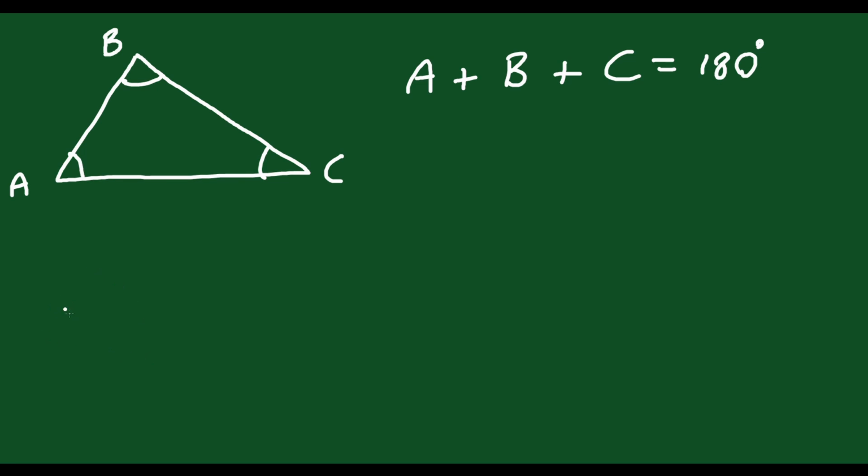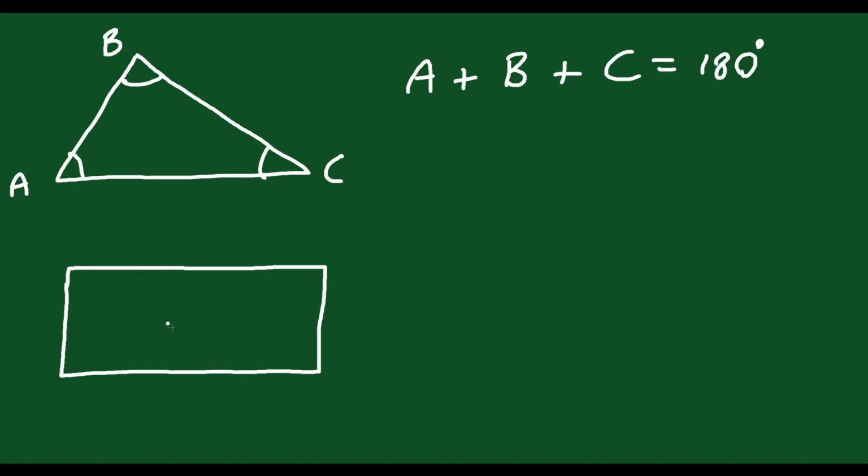All right, well, what about a rectangle, right? A rectangle looks something like this. Each angle in a rectangle, 90, 90, 90, 90. It should be clear that if you just add all those 90-degree angles together, that'll give you the total. So 4 times 90 is going to equal 360 degrees. So all the angles in a rectangle should add up to 360, and of course the same is true for